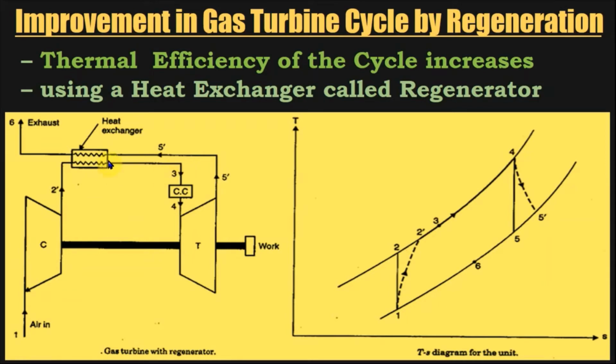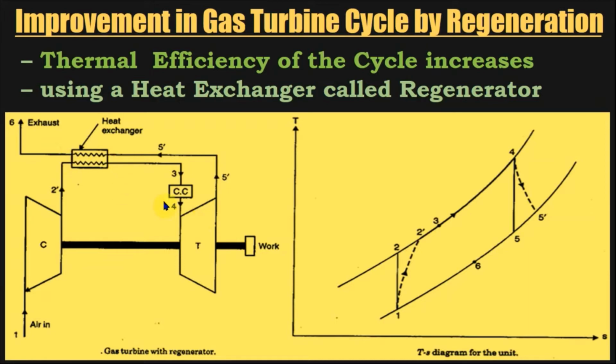If the heat to be supplied is reduced, definitely that will reduce the mass of fuel required. Therefore, there will be a saving in mass of fuel when we employ such a heat exchanger. In fact, we are recovering heat from exhaust gases from the turbine after expansion, which otherwise would have been wasted. So by employing this process, we are regenerating the energy. This is a waste heat recovery.